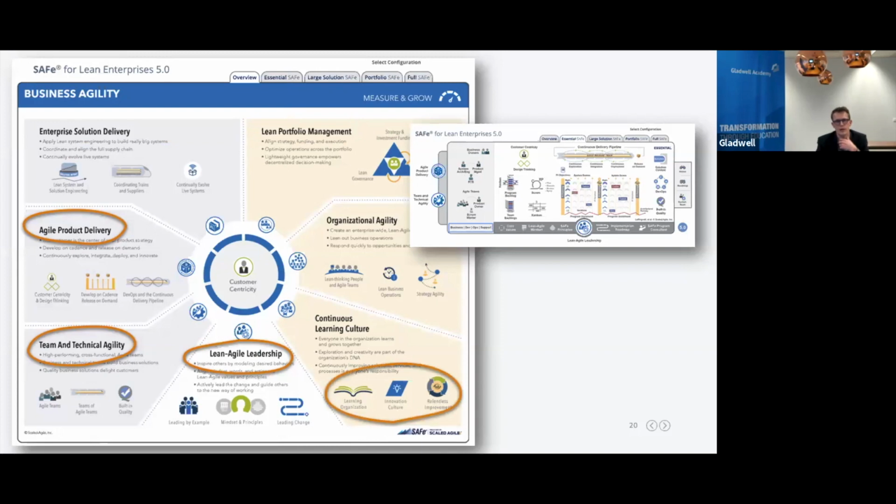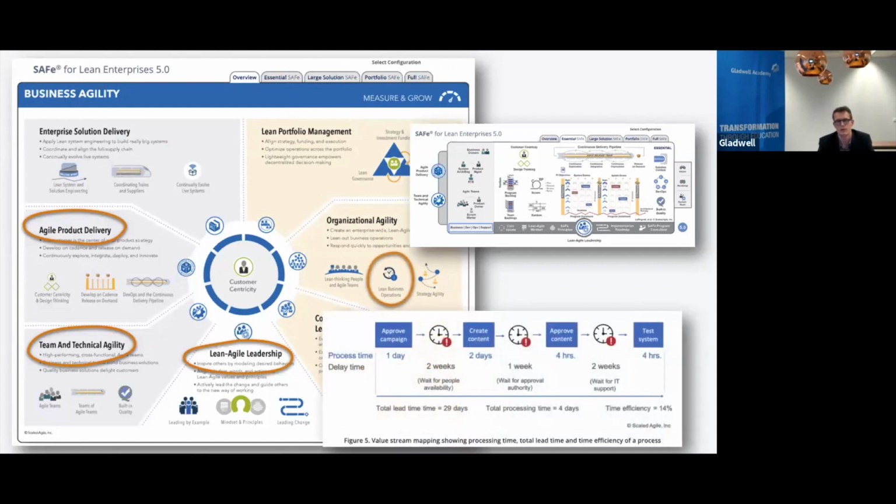So I already mentioned, I think we could learn a lot here at the right bottom. It's not in Essential SAFe, but I think a lot of it is really essential. However, that's how it's set up right now. On organizational agility, there's one item that I've picked out that I think is highly interesting and highly important for the release train engineer. And that's looking at the lean business operations like value stream mapping, getting an idea of lead time, wait times, how are we doing there?